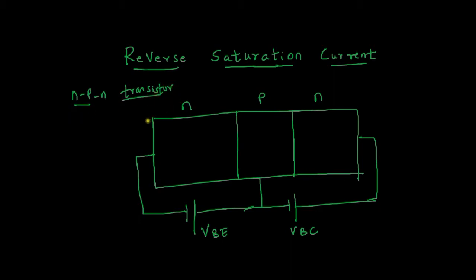This NPN transistor is in the active mode of operation. There are three modes of operation. The BJT has three modes of operation. They are cut off, active and saturation. So what happens in active mode is,